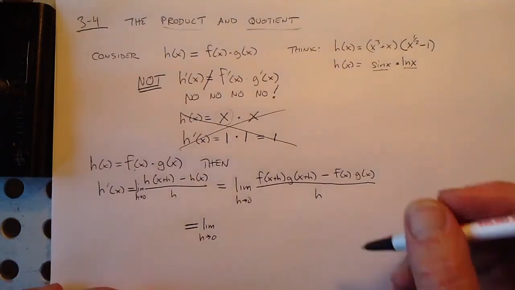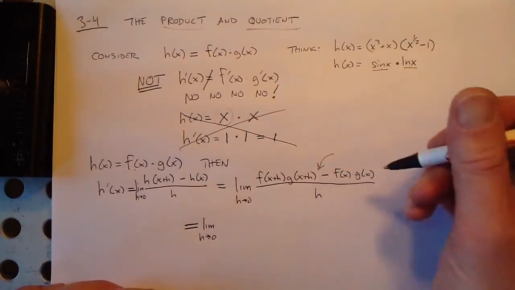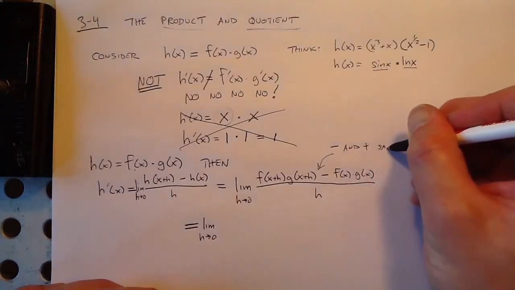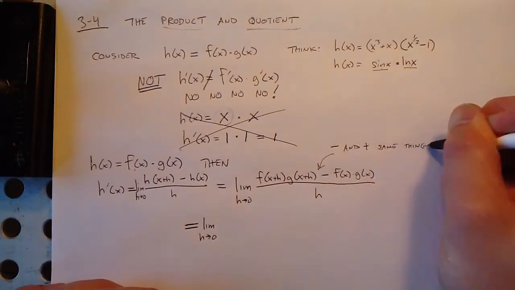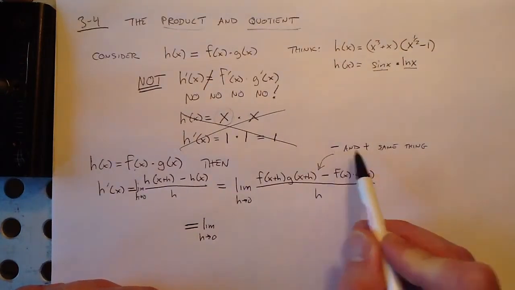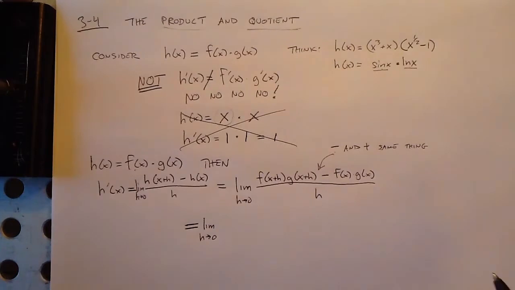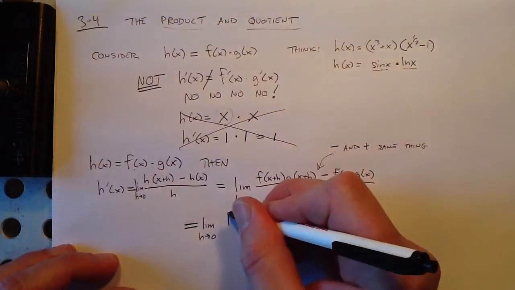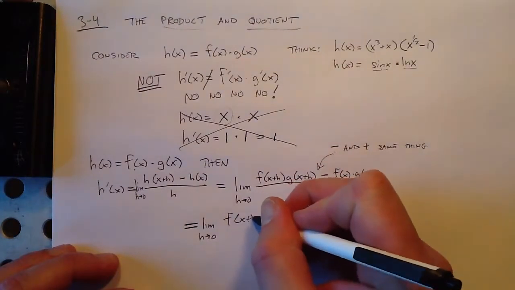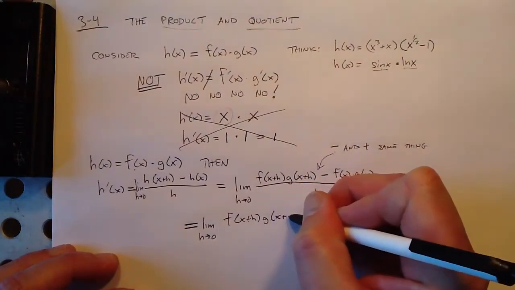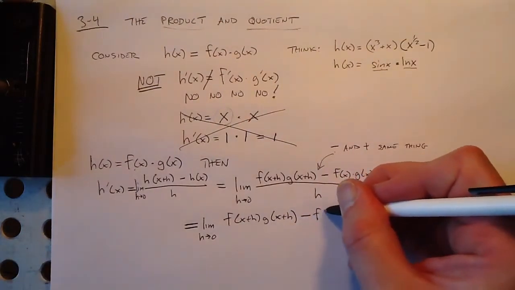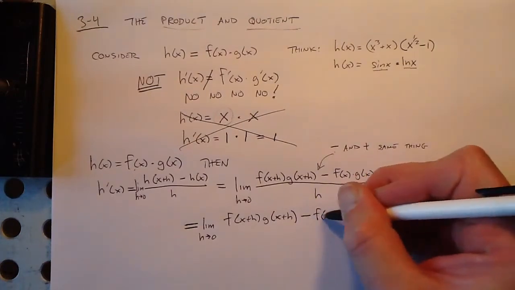So the weird, mysterious thing I'm going to do is, in the middle of these two terms, I'm going to subtract and add the same thing. Now, if you just subtract 2 and then add 2, you've effectively added 0 or not done anything, right? So you're allowed to do that. It's kind of a weird thing to do, but you are allowed to do that, of course, right? It's like adding 0. So we start with the first term here, f of x plus h times g of x plus h, and then the mysterious term that I'm going to both subtract and then add is that times